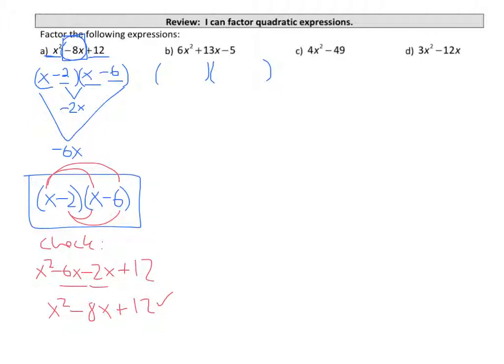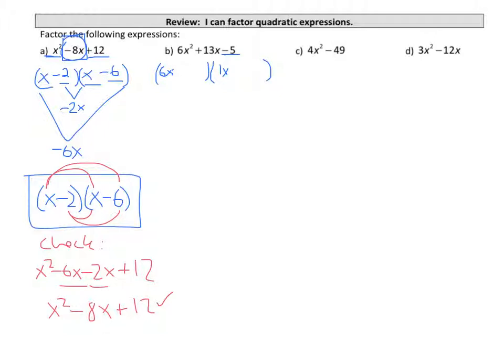And I don't know which, so I just try one. So I'm going to guess 6x and 1x. And I need to be prepared to change that if this doesn't work. But I'll give it a try. Now for my last two terms, I need them to multiply to negative 5. So that has to be a 5 and a 1. I need to keep in mind that they will be opposite signs to multiply to negative 5,